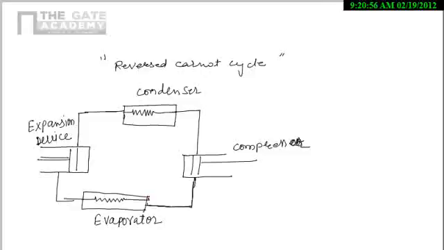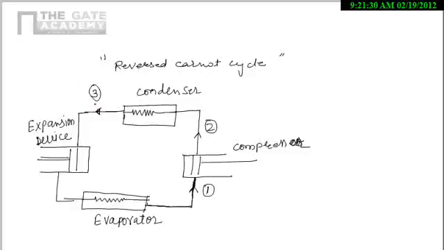So here the gas will enter into the compressor at point 1, and after compressing it will leave the compressor at point 2. Then from 2 to 3 it will go into the condenser. It is going into the condenser from 2 to 3. So now at 3